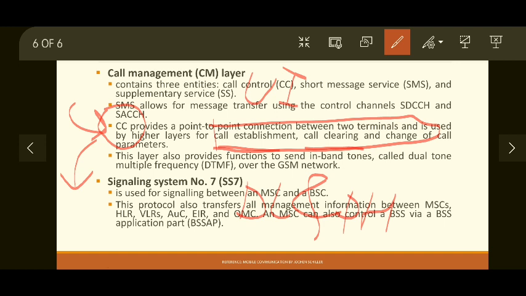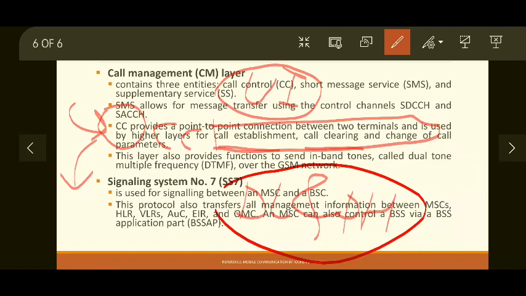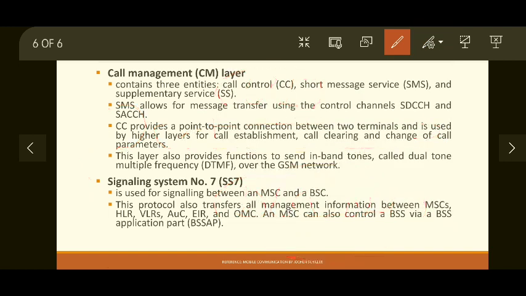This can be done via several layers, initiated by user or initiated by network. In case of dropping of a call, the network may also drop a call, so I am saying initiated by network also. So CC is a mediator between user and lower layers. That is the job of CC, call control.